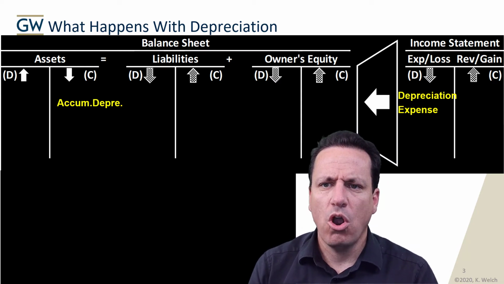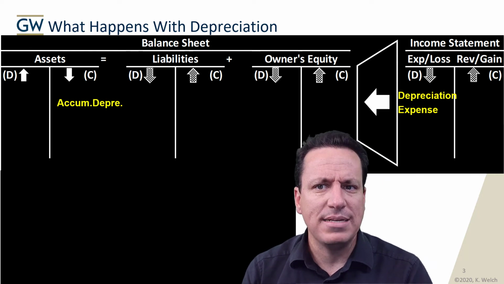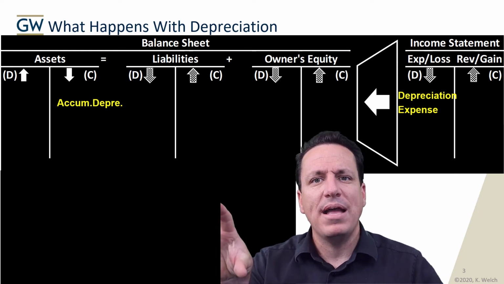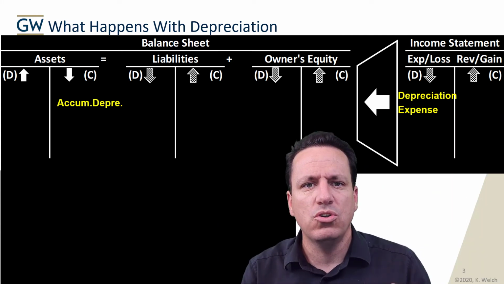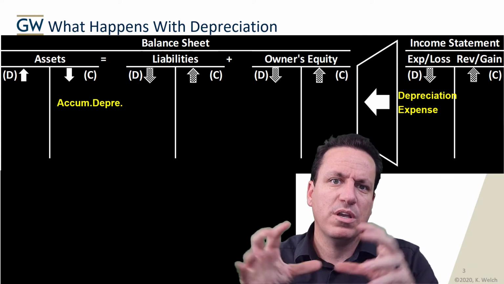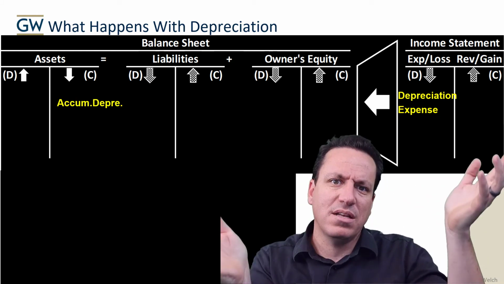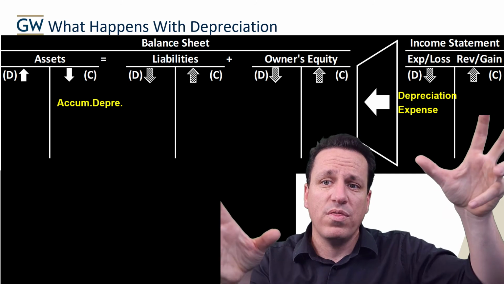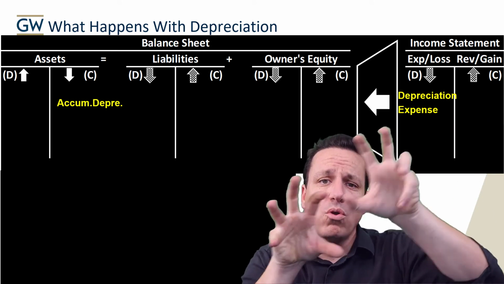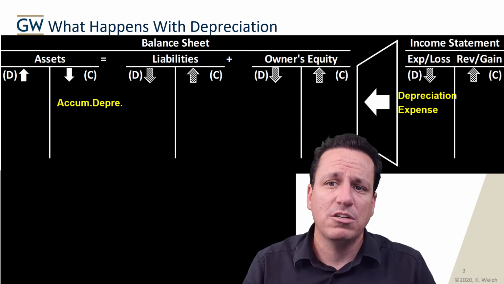It's similar to our contra asset account allowance for bad debts in the sense that allowance for bad debts nets to our accounts receivable, and the net balance between those two is what we'd account for in our accounts receivable, because that allowance for bad debts lets us know we don't know who the Tucos are, but somebody is not going to pay us. We do know that it's lost value. We don't know exactly, but we do know it's lost value, and so we're going to have accumulated depreciation as